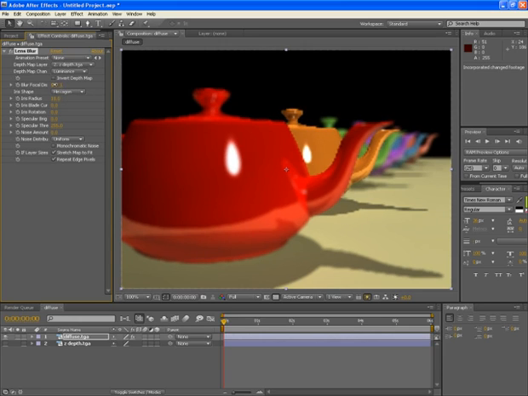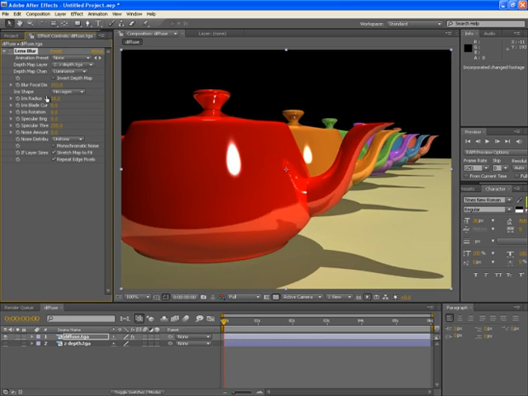But now if I make it 0, you will find that all these last 4 teapots are in focus together except the first 2 teapots. Now this yellow teapot is in focus.